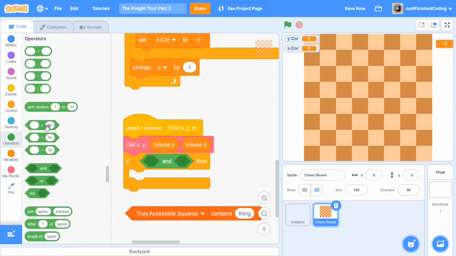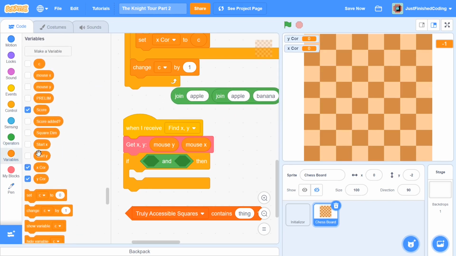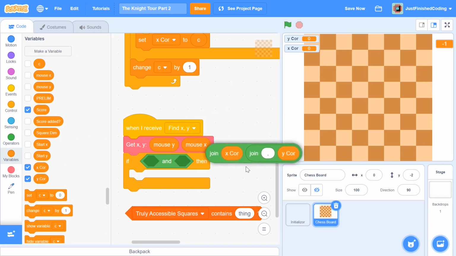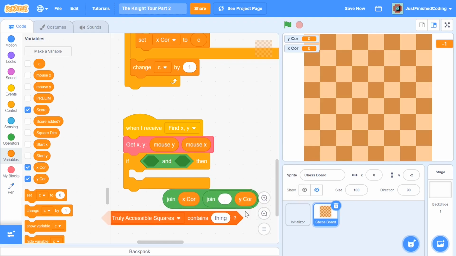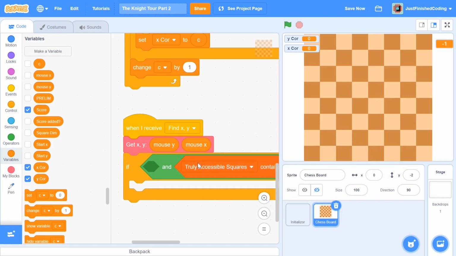And from events, grab this join apple banana, and we want to do something similar to what we did when we added all of those things up. So I'm going to grab, where's that? Yeah, xcore comma ycore. That's going to be our join, and only if our truly accessible squares contains this particular value, only then are we going to even broadcast that message.